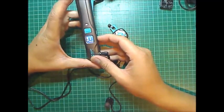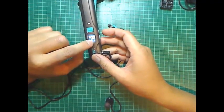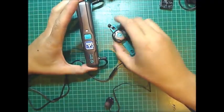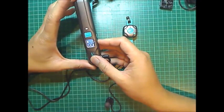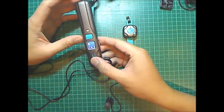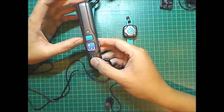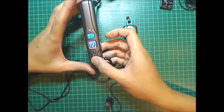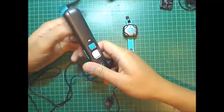You press the function key a couple of times until it gets to this little icon, which is the remote control icon. You would hold down the function key until you see the word flash. And you can turn this function on or off. You see? So that's off, that's on. Now to pair it to this device, this remote,